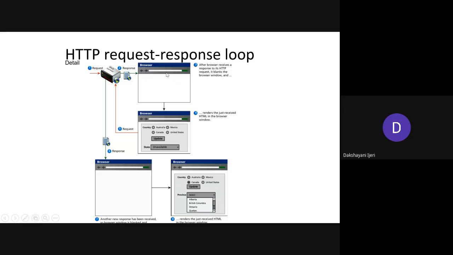You might not experience these things when you are using the internet, but at the back end it takes a few fractions of a second. So it is going to keep the window blank before it gets any response. As soon as it gets the response, it is shown on the screen to the user, as a step: render the just-received HTML in the browser window. Then the user fills in the data and sends it back to the server. As soon as the user clicks on any of the interaction buttons, it is sent to the server, but until it receives the next response, it is going to remain idle.